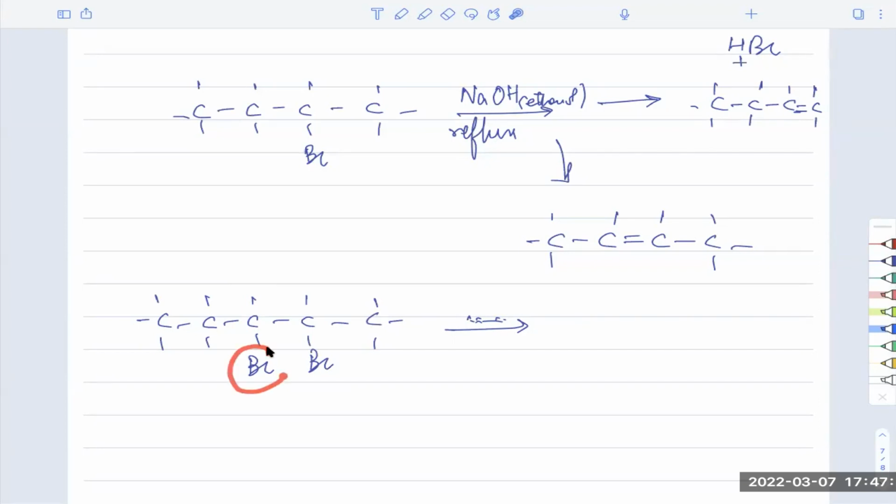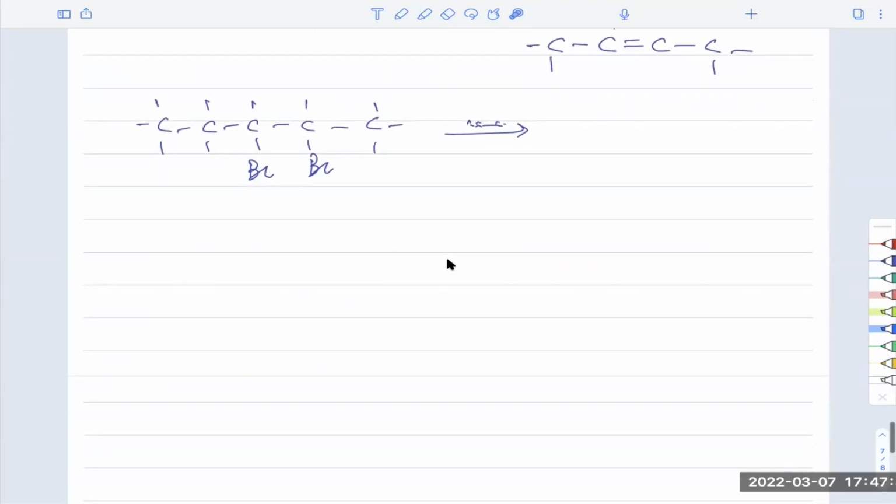Similarly, one case is when bromine goes from here and hydrogen goes from here. And another case is bromine goes from here and hydrogen goes from here. So you can get 4 different isomers depending on which happens. For example, the simplest case is that I remove, for now, this bromine and this hydrogen, this bromine and this hydrogen. So if I do that, I will end up with the triple bond here,